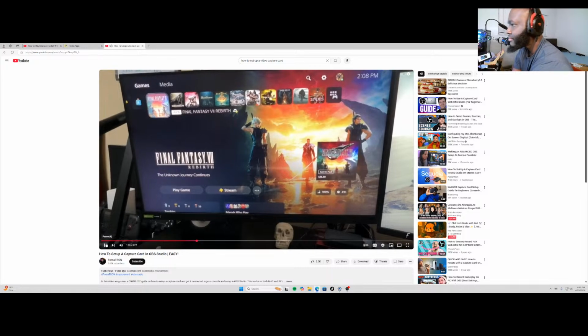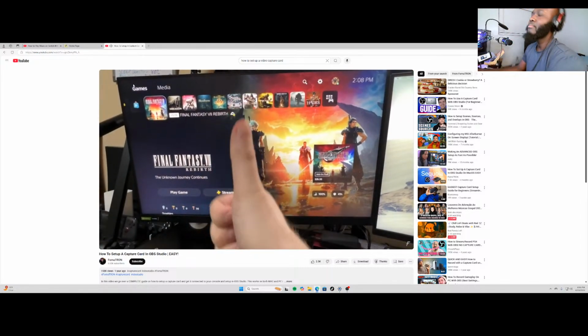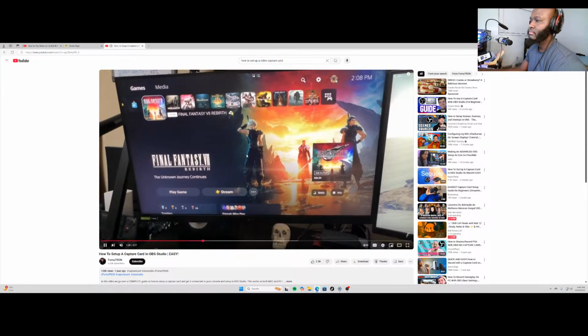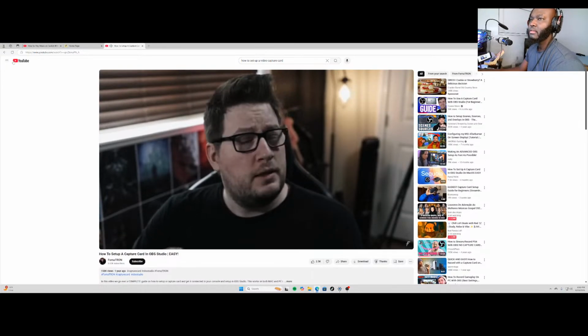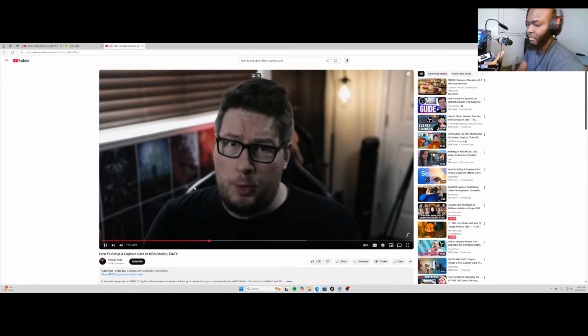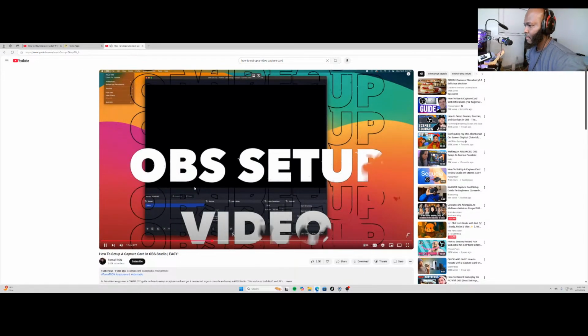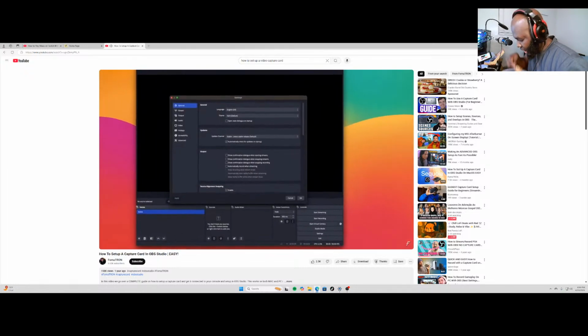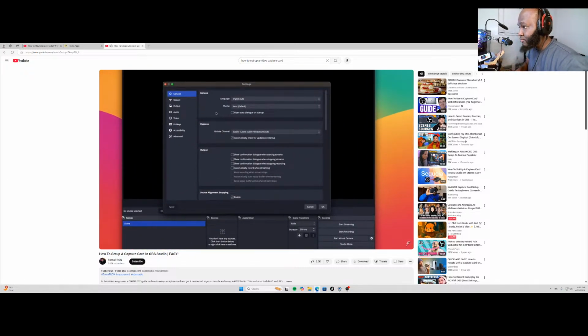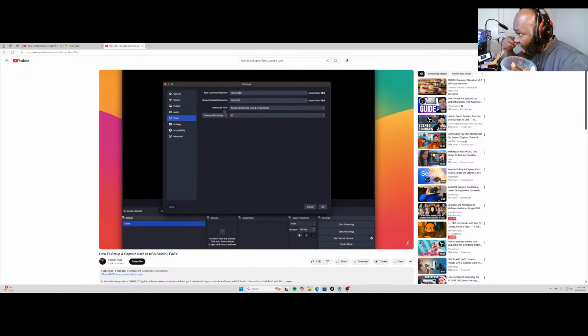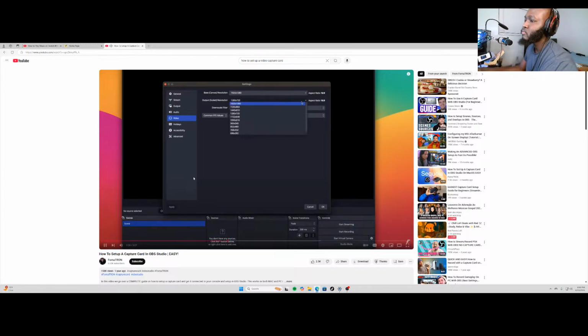You should now be able to see your HDMI output from the console on your display. Now that we have the capture card connected, let's bring it all together and set it up in OBS Studio. In OBS Studio, we're going to go to Preferences, and in the left column in Settings, we're going to go to Video, and then in here, we're going to make sure our canvas is set to 1080p, and also it